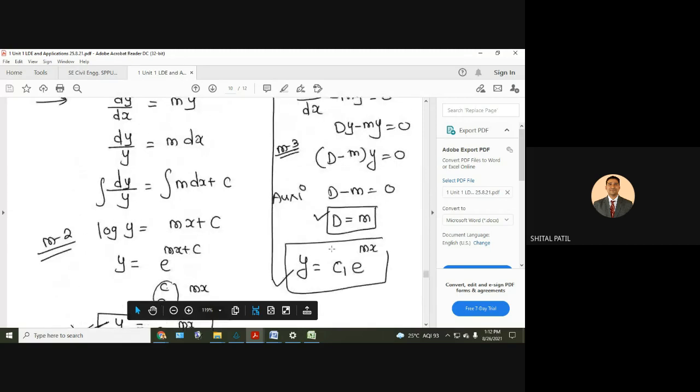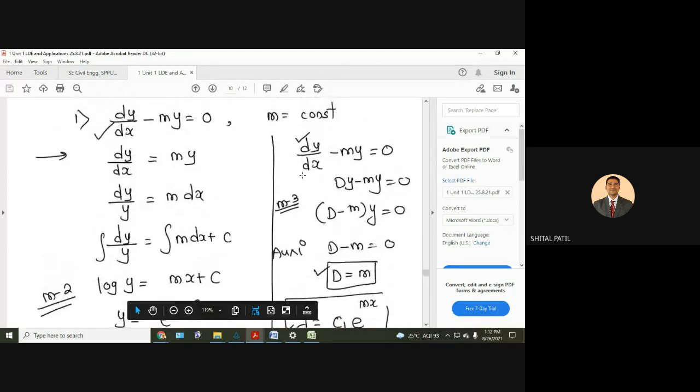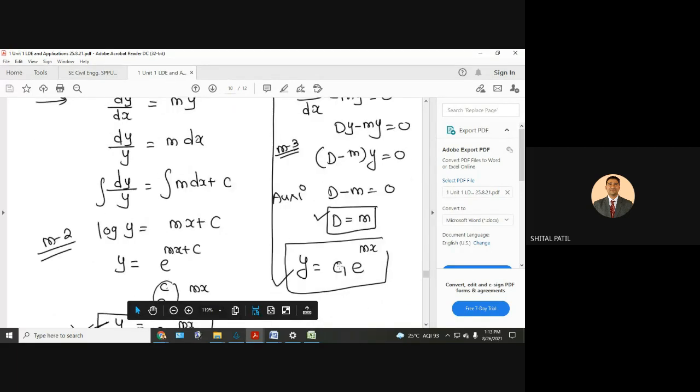And we have explained it here how to solve in case of M3. Okay, this we solve by we developed the formula by whatever we studied in M2. Now in case of M3, we don't have to write all these things which we have written on the left side. Okay, see what is written on the right side. Dy by dx minus my equal to 0. So d minus my equal to 0. So d equal to m, this is the root. And then solution is c1 e raised to mx. That's it. If m is the real root, and since it is 1, it is unrepeated.